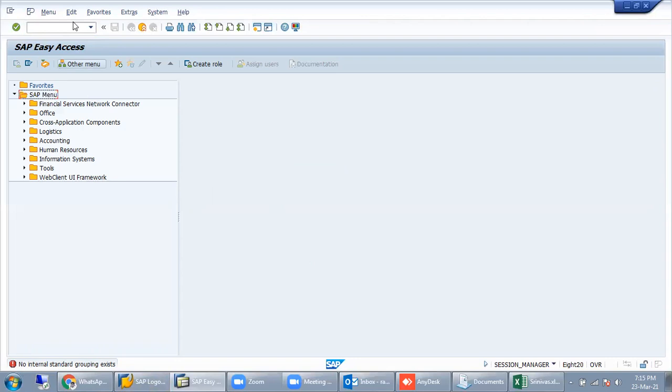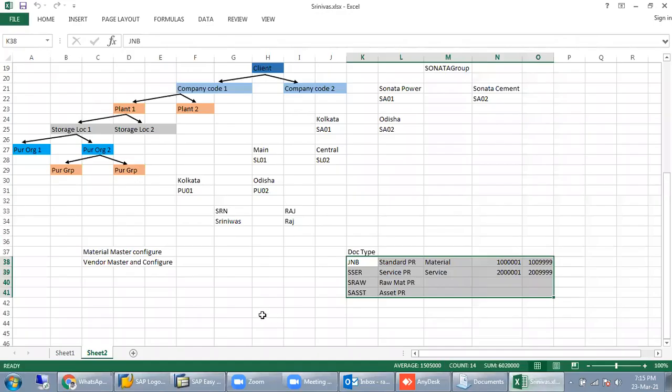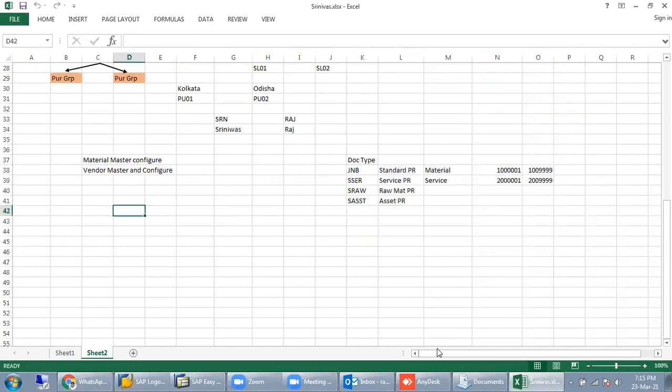So why has SAP updated the T code from XK01 to BUP1, and what are the differences? Okay, I will explain something important. XK01 and BUP1.